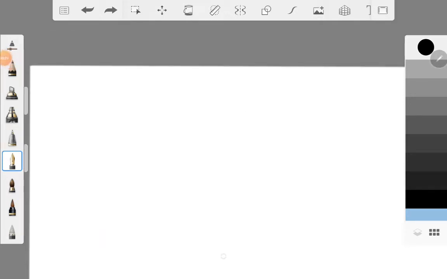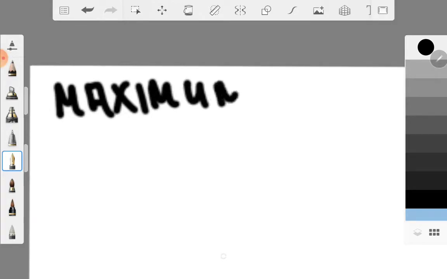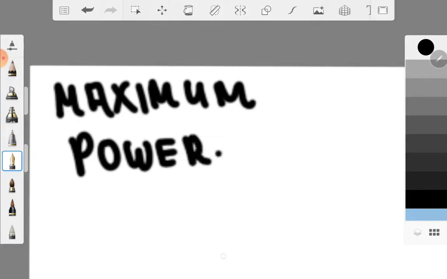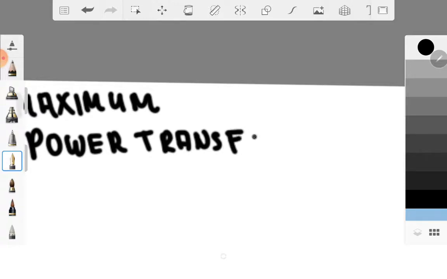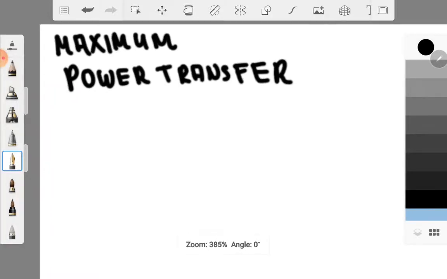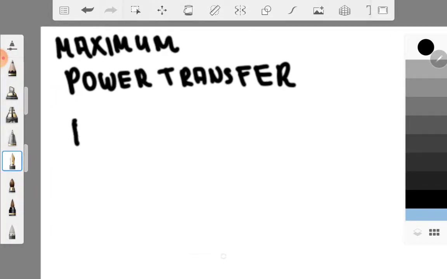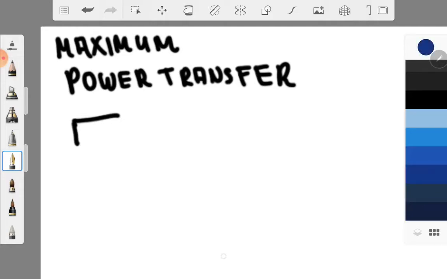So in this video, we will discuss maximum power transfer. Maximum power transfer is the main application of both the Thevenin and Norton theorems. So if you notice, if you have an equivalent circuit, let's say your Thevenin equivalent circuit, it will